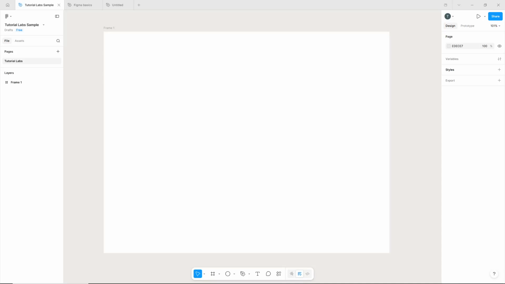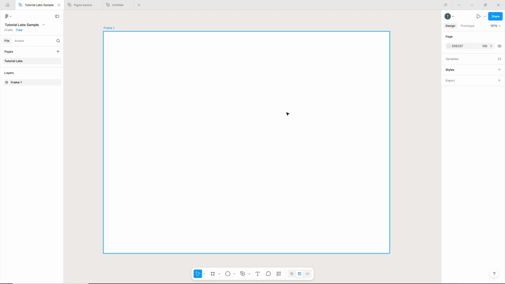Welcome back, everybody. Today, I'm going to teach you how to make a quarter circle in Figma. This is a fundamental shape that comes in handy for creating curved corners, pie charts, or decorative elements in your